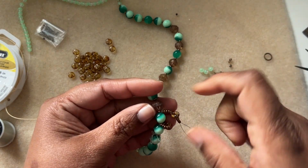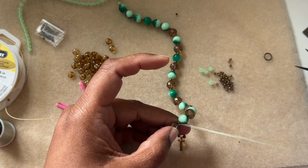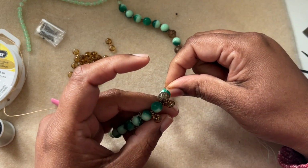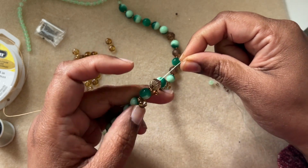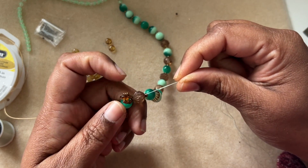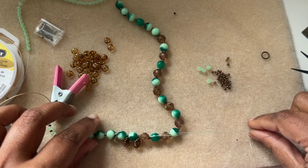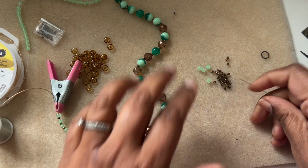And skip the 11 seed bead and go through the next 8mm bead. When you pull it, it kind of goes around the bead, just in a twisted format. Can you see that? How it comes around? So this is what we have right now. So I'm going to do this between every bead, and it looks like as if something is,